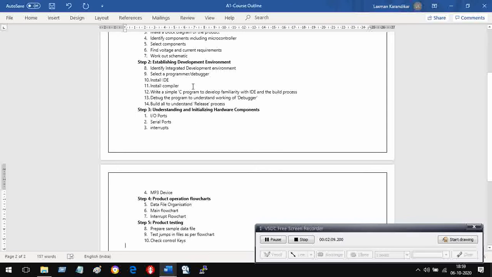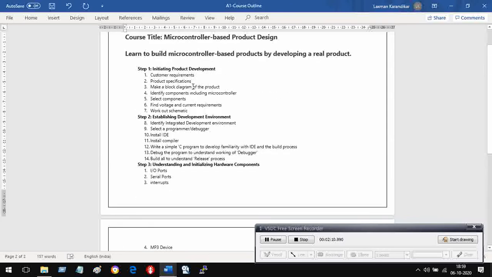Now friends, the product development starts with customer requirement as shown in the point 1 in step 1, which is customer requirements.